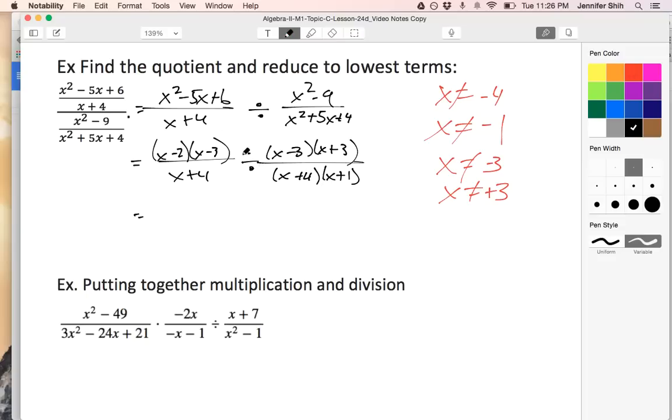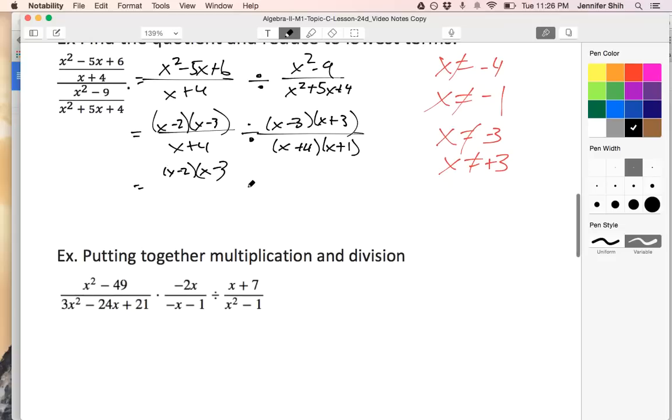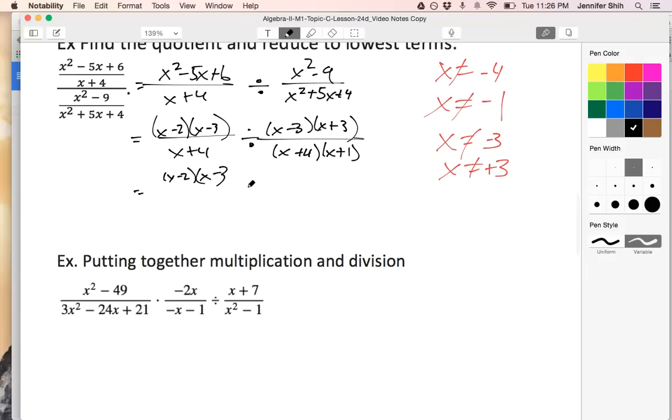Okay, at this point, I'm going to rewrite. I'm going to do my algorithm where I multiply by the reciprocal. So I have x minus 2, x minus 3. I'm going to zoom in. No, it's not going to let me zoom in. And then x plus 4 times, I'm going to take the reciprocal of the divisor, x minus 3